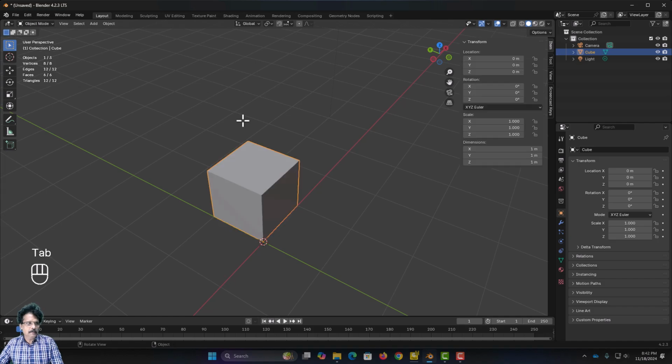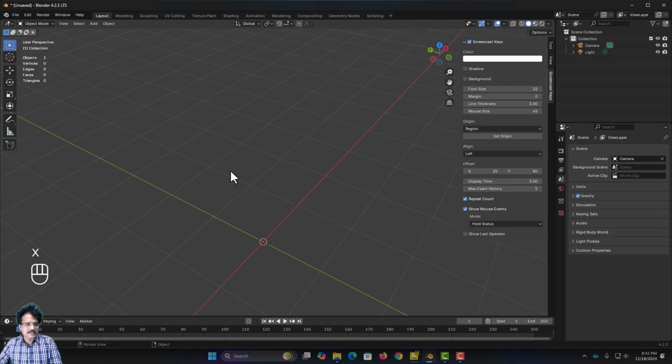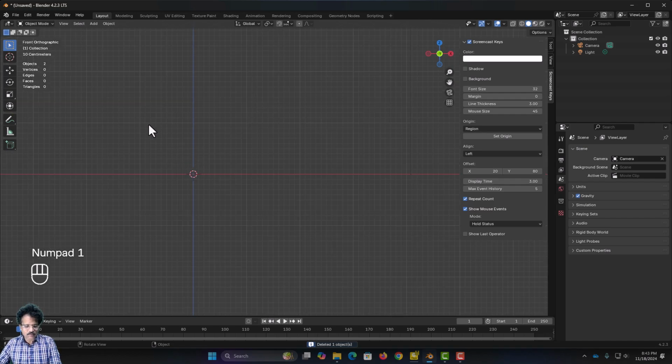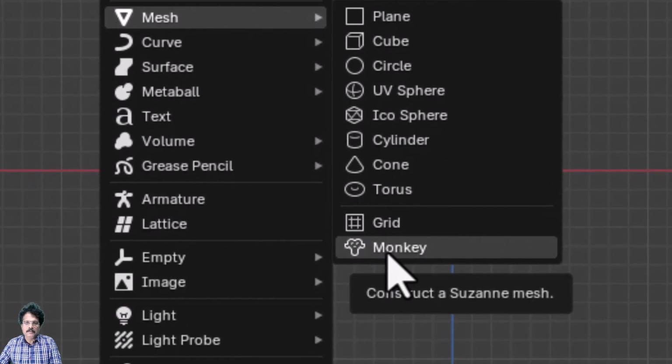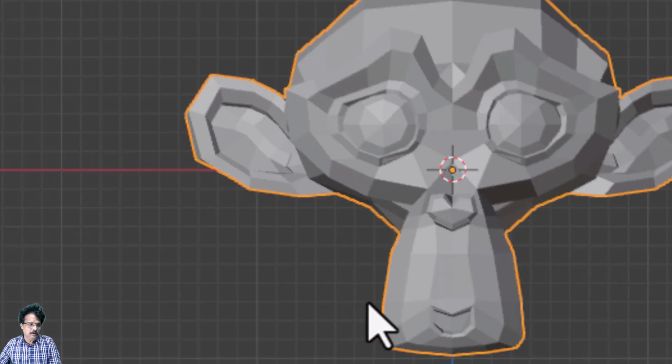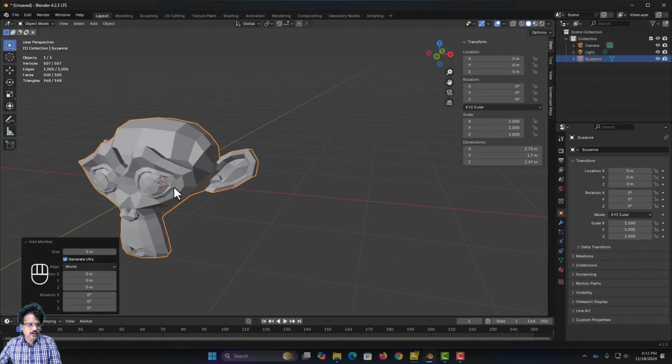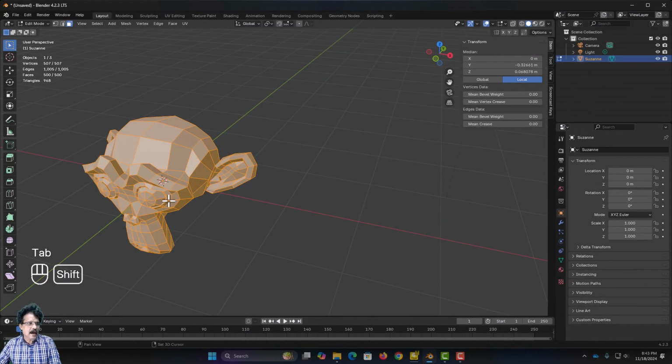I will press Tab and come into object mode. I will select this cube, press X and delete it, press 1 and come into the front view. Now I will press Shift A, and now I am going to add a different object. Say for example, I will add this Suzanne monkey. So when I add Suzanne monkey, this is in object mode, and when I press Tab, I enter